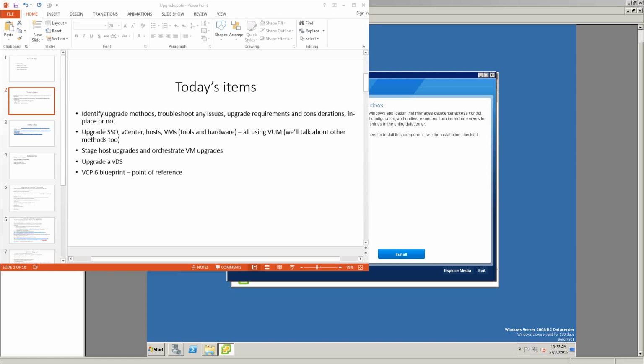So I'll just say that we're going to cover the upgrade requirements for ESXi. We're going to upgrade the VDS, VMware tools. We're going to upgrade VM hardware, and we'll do all that using vCenter Update Manager or VUM. And we'll talk about how an in-place upgrade is better in certain scenarios. We won't be upgrading a VCSA today because I'm running out of disk space. I don't have a VCSA installed, but we'll definitely talk about it. And we'll talk about the different methods of upgrading vCenter and troubleshooting any errors that you may come across.